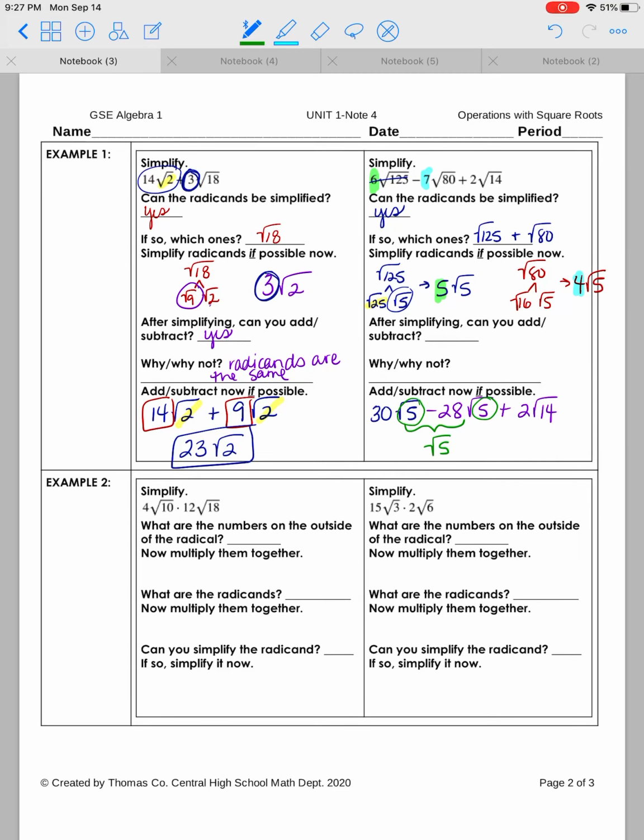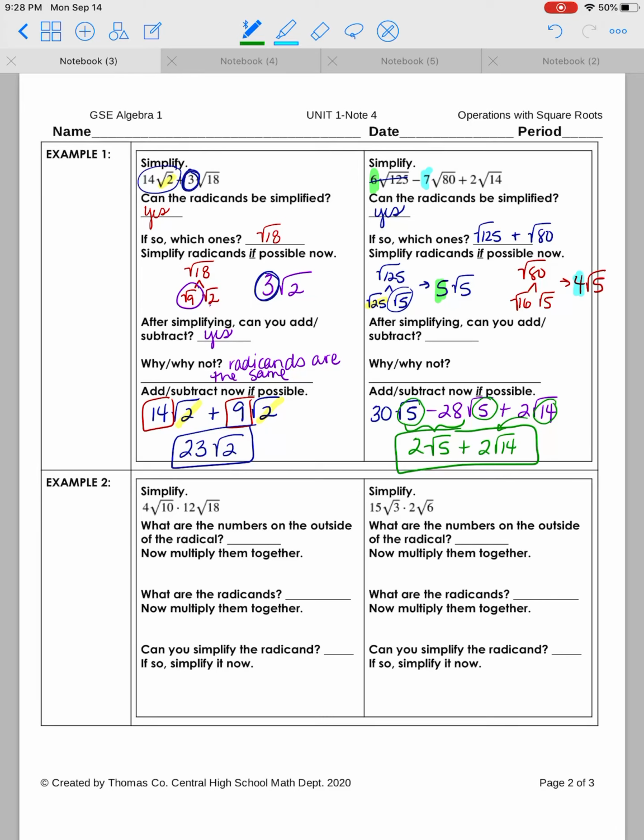And then I'm just going to subtract the outside numbers. 30 minus 28 gives me 2 plus, now I cannot add this 2 square roots of 14 because 14 and 5 are not the same thing, same radicands. So this 2 square roots of 14 just comes straight down into my answer. And so this is my answer, 2 square roots of 5 plus 2 square roots of 14. That's as far down as I can go. Okay,